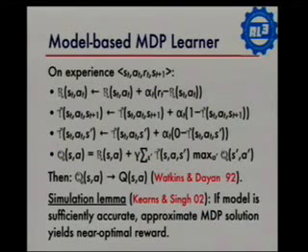So the model-based MVP learner that some people were suggesting looks more complicated on the slide than it really is. Basically, we're going to estimate the reward function and the transition function by keeping statistics on them. Each time we're in a state, we take an action, and we observe a transition to a next state, we'll keep track of how many times we saw each possible next state and use that to estimate the probability. Same thing with the reward. We estimate the average reward by seeing, each time we're in this state and took this action, what reward we've seen on average.